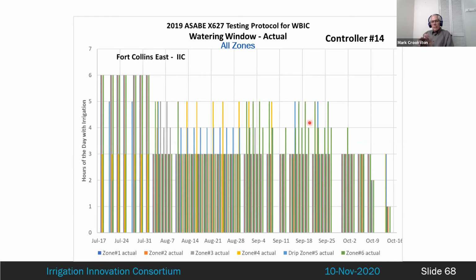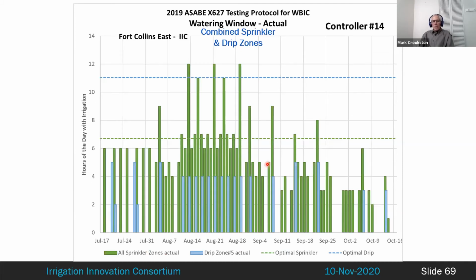It's actually counting. If an hour had 1 minute of runtime, it would count that hour. So you start to see that zones had 5 hours or 3 hours or just 1 hour in order to complete their irrigation cycle. And if you could stack those, then you would use less. And this is again,